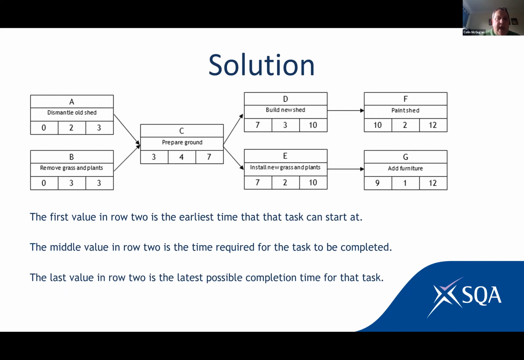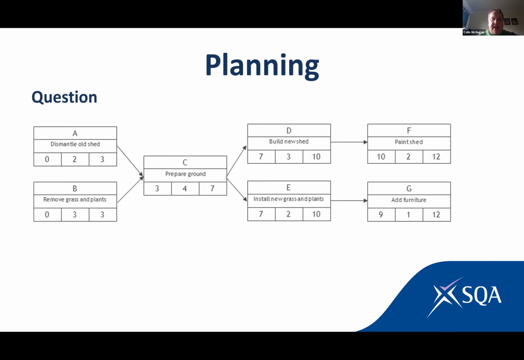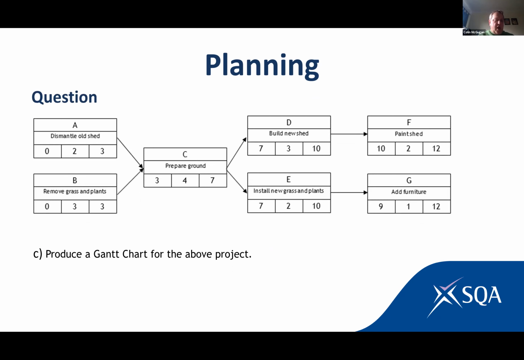The first one is also called a forward scan, and that's the process we talk about for getting those. And the end number, the last value in the row, is achieved by doing a process called a backward scan. So again, it's taking on the familiarity from National 5, but building on it to the next level of being Higher. So the next part, still in this question, is that the candidates have now been asked to produce